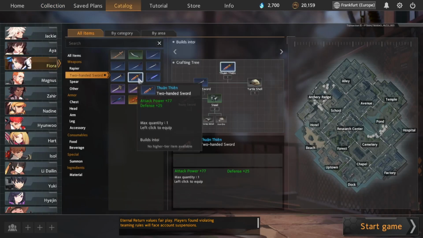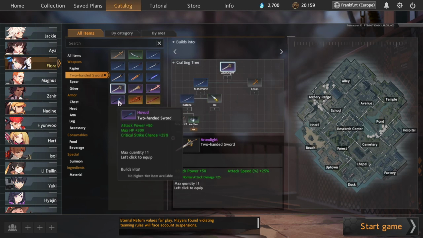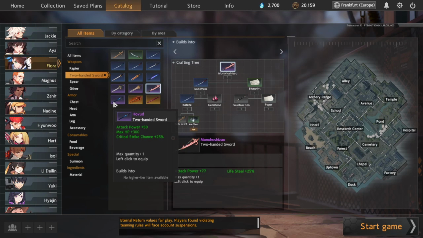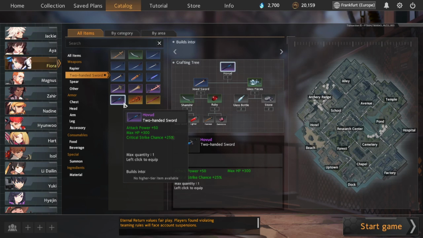Item upgrades. So for item upgrades, in terms of sword, Ironglide, Hovud, Leviathan, Dancelef, and Monotinsao are all options that I would consider. Ironglide and Monotinsao are only options that I would take off dead bodies. I will never craft them myself. Hovud, I will craft